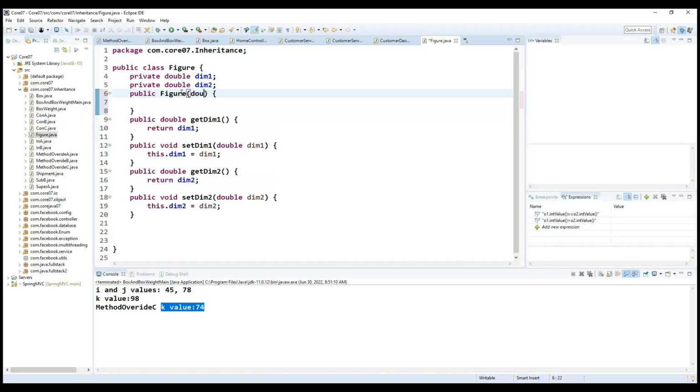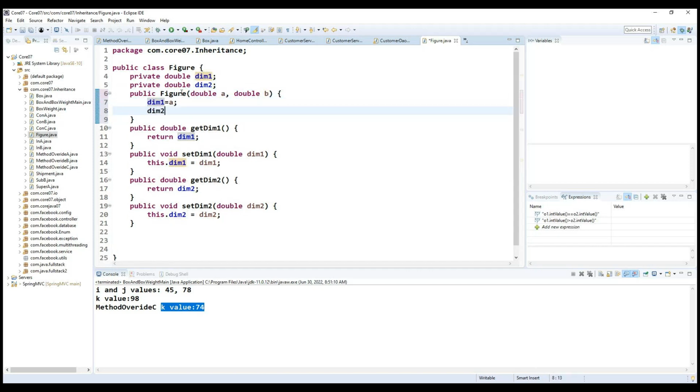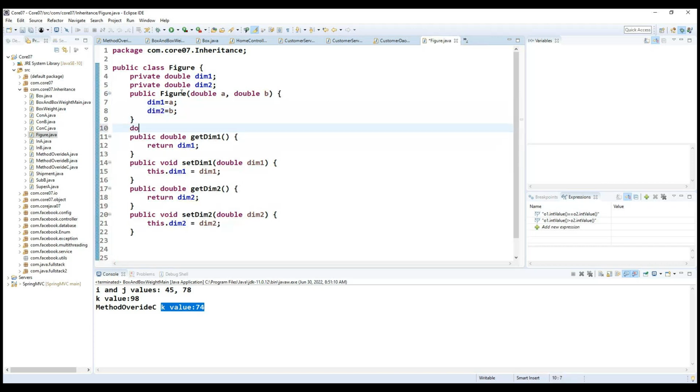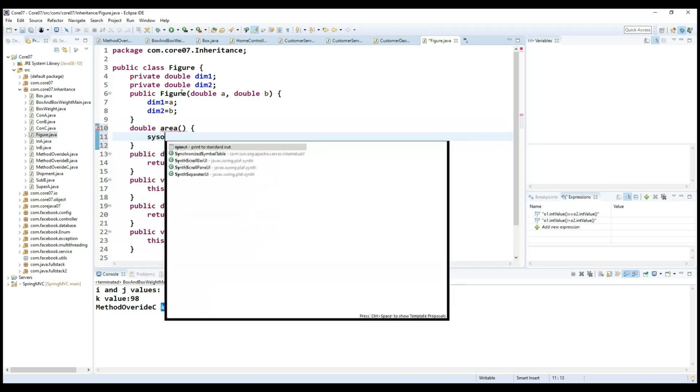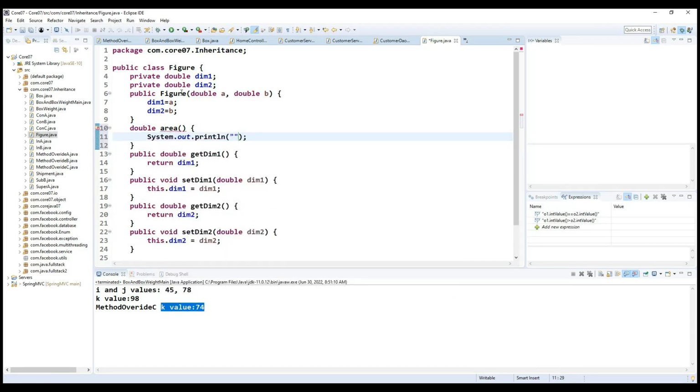Why am I providing this constructor? Because the name of the class is the same. So double a, comma, double b. And here dimension1 is equal to a and dimension2 is equal to b. This is the way of writing the constructor. And after this, I'm providing one method, something like the area method, and in the Figure class I'm not doing anything in this area method. So I will just print this out, and here,